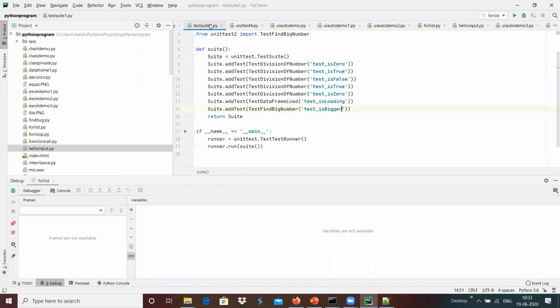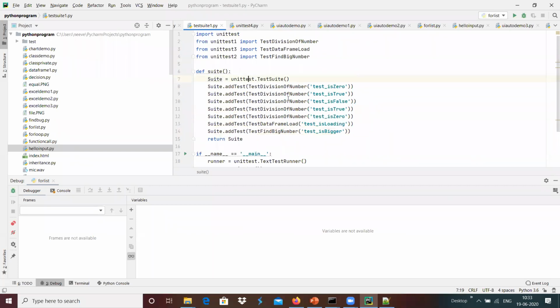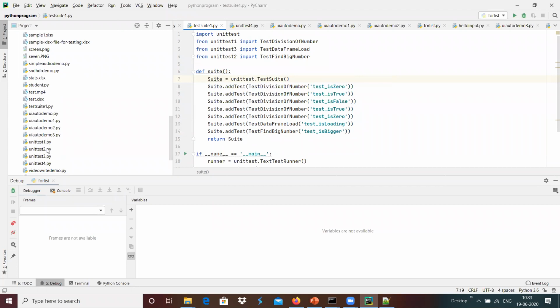Maybe in the test suite we have used a different module that we have imported. For example, unittest, which is a standard module, and we have unittest1 present in the current directory, along with unittest2 and unittest3, that we are loading into our test suite application. We are loading 3 modules in our application, and those 3 modules can be created in a compiled binary format.